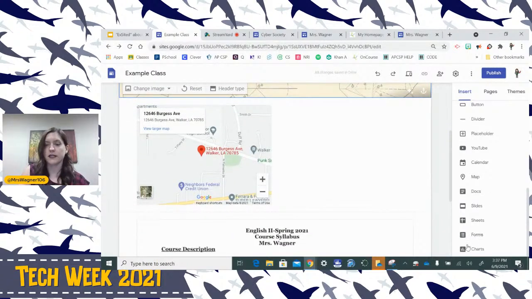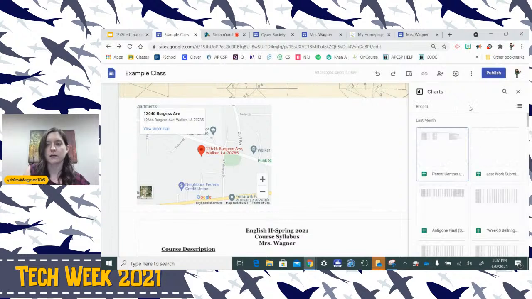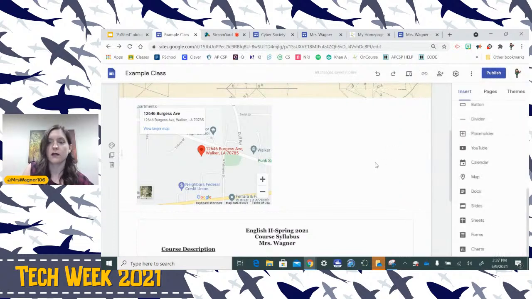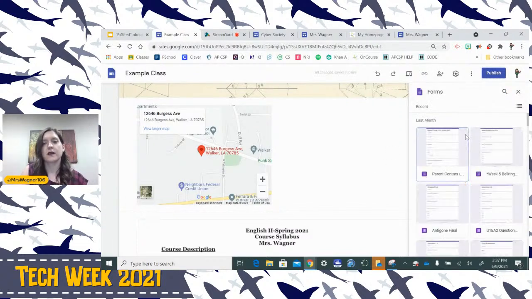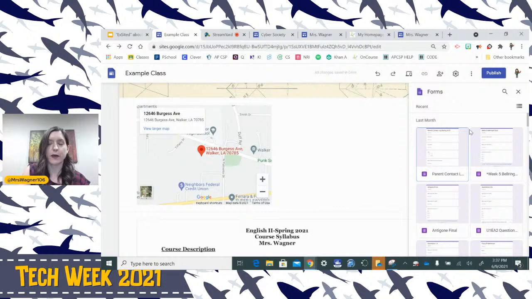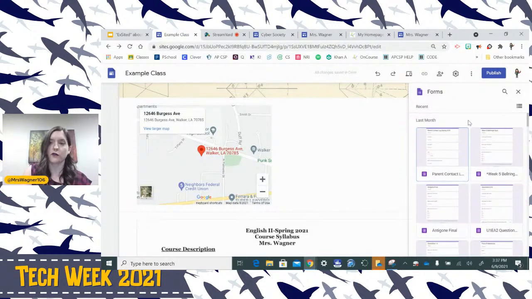And then of course, forms and charts. If you have any, I haven't used charts much. Oh, I cannot click on that because that is going to be personal information. But if you want to embed your forms, here is a direct link to all of the forms, and it's organized by when was the last time you accessed it. So if you just created a Google form, it'll be the very last thing you put on here.